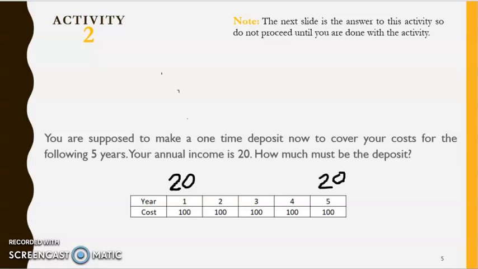And in that way, it is easier. In that way, it is going to be the same way for all the 5 years. Okay, so in this situation, you have $100 cost for each year and you have 20 income. So how much would be the amount of money you will need to use from the deposit for year 1? 80. Correct. And this 80 repeats itself for 5 years.